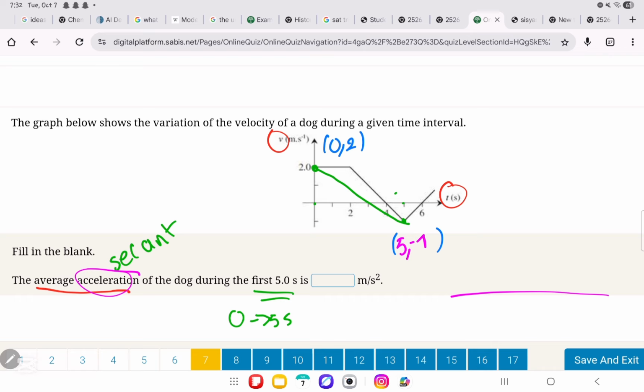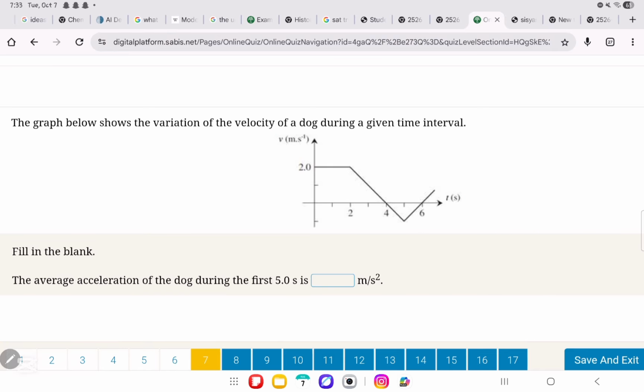1 minus 1, 5, and I wrote it. Okay, my bad. It's 5 minus 1. So now what do we need to do? We need to do y minus y over x minus x, right? So it's going to be y minus y. What's y? Y in the scenario is 2 minus 1 over x minus x. Of course, it needs to be corresponding. So 0 minus 5. Put it on the calculator, and you're supposed to get an answer which is minus 0.6 meters per second squared. So the answer here is minus 0.6